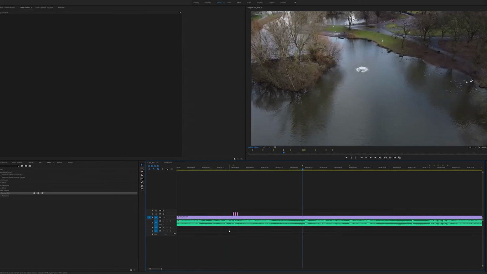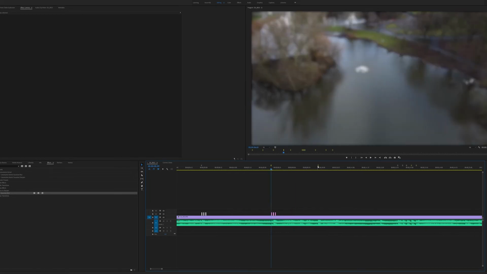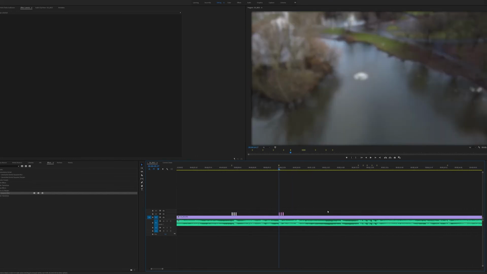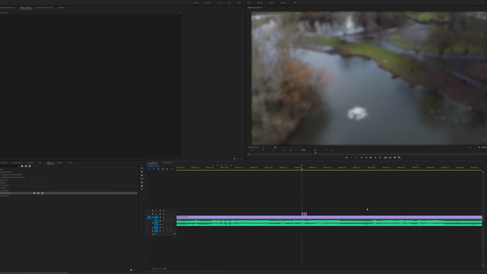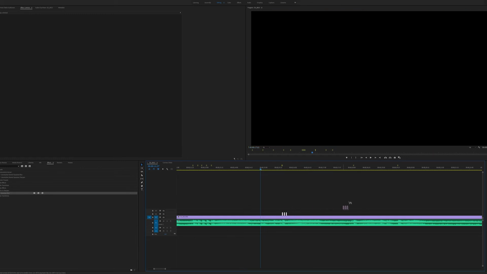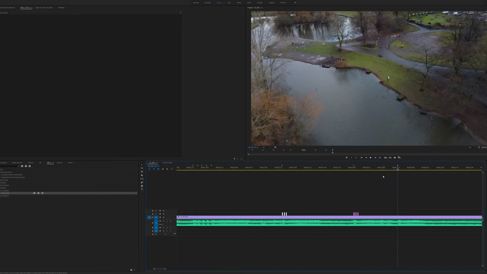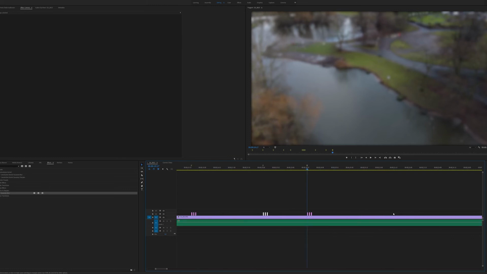You can see that it's not blurred and then blurred as I drag it over. Grab, Alt, drag. Click on it, grab, Alt, drag. I'm going to miss those out for the moment. I'm going to click on that one and drag those to there. Of course, if you don't want to drag, you can click off them, and if you just move it about, you'll see a black line appears, which is basically where the playhead should be. Then we can grab, Alt, drag on those ones, and we're at the end.